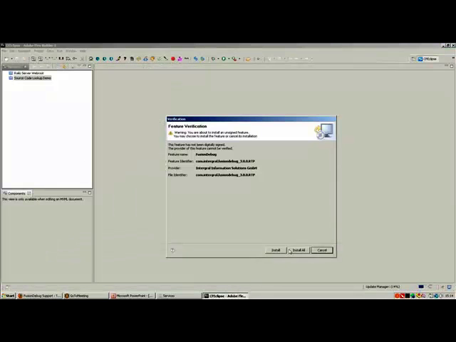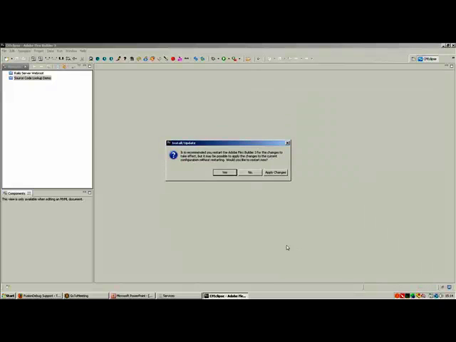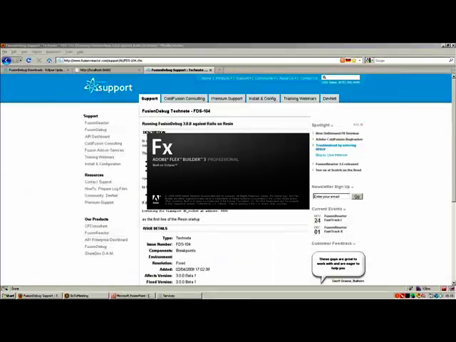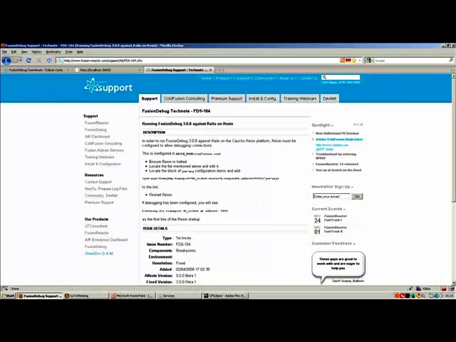So let's just see how the Eclipse installation is going. So click Install All, and here we go. So it's downloaded FusionDebug over the internet and it's installed it. I now have to restart my Eclipse environment to get that plugin installed, so I'm just going to click Yes and allow it to restart my Eclipse environment. So now I have FusionDebug installed, but you'll see that my environment looks exactly the same as it did before. And what we need to do is follow these instructions